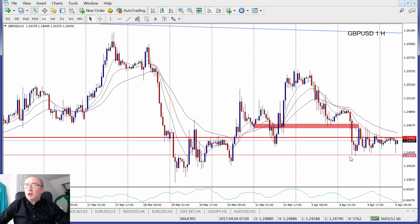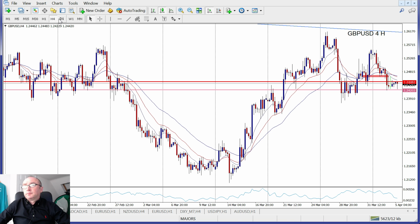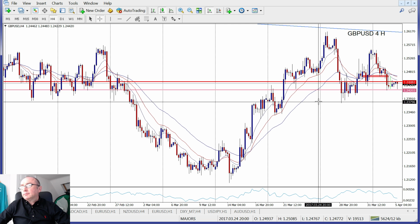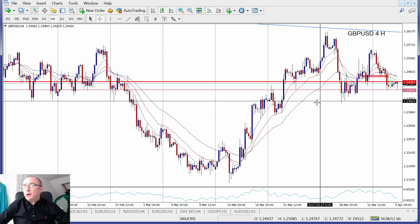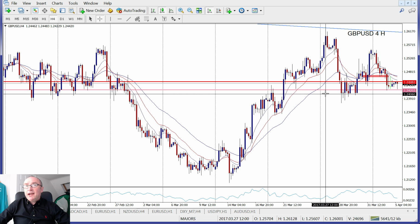Now, if we break this level of 124.20, then we are on our way south to 124 even and lower. Now if I drill out to the 4 hour, 123.75 is going to be tested if we break the 124.20 level. So I think there's certainly some nervousness in the pound. There are still predominantly longs in pound, so there's still a bit more of stop shaking, I think, to trigger in here. 124.20 area, I think, could trigger some